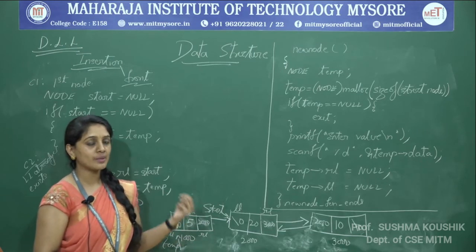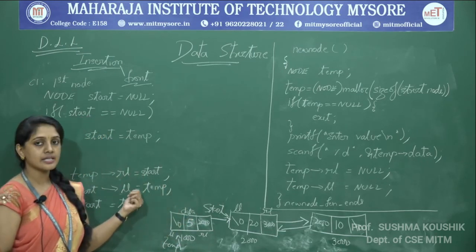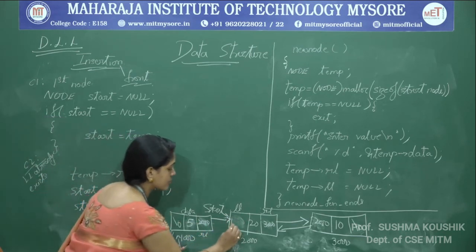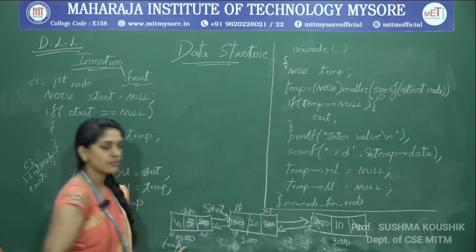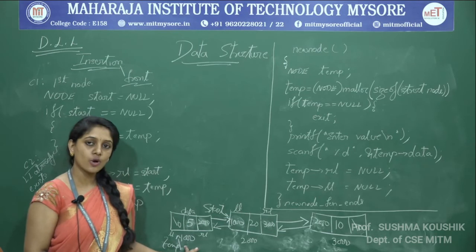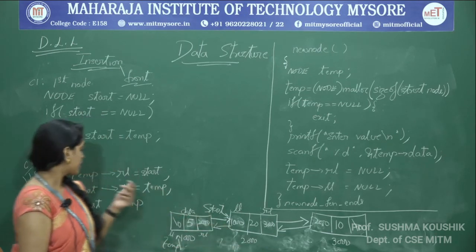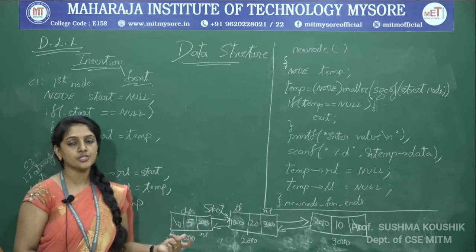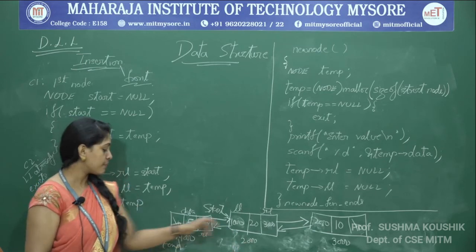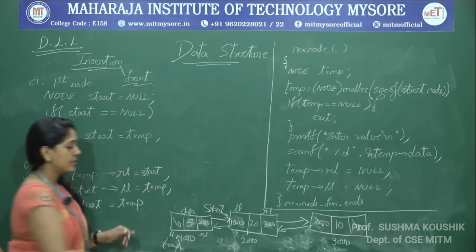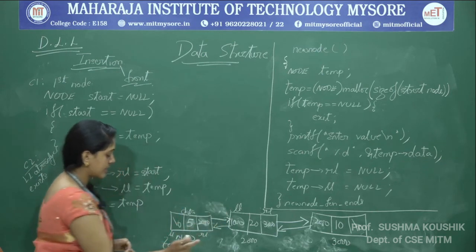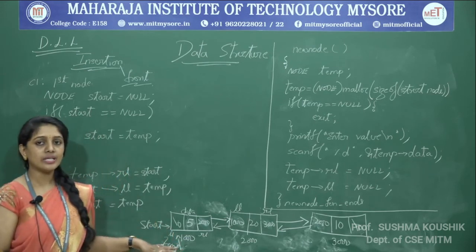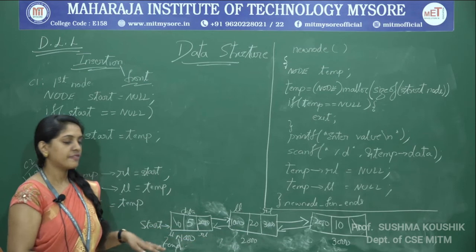We have to establish one more link now. Start of LL is equal to temp. Temp is having 1000. So one more link is also established. Once we establish the double links, the task is over. The node is inserted into the linked list. And now we are making sure that the start pointer is pointing to the first position in the existing linked list. So repoint, start is equal to temp. So start is no more pointing to 2000, whereas start is pointing to 1000. So this is how the linked list is growing with respect to the front insertion.